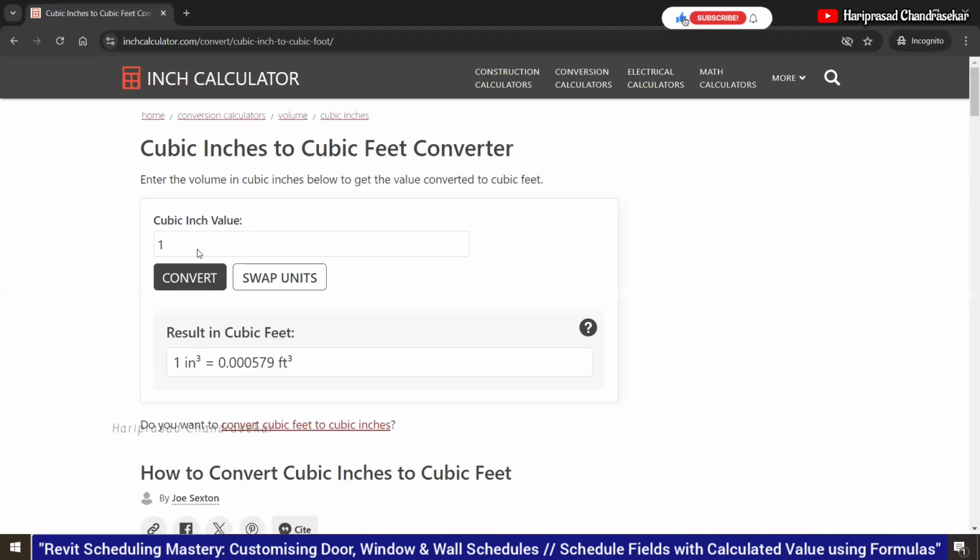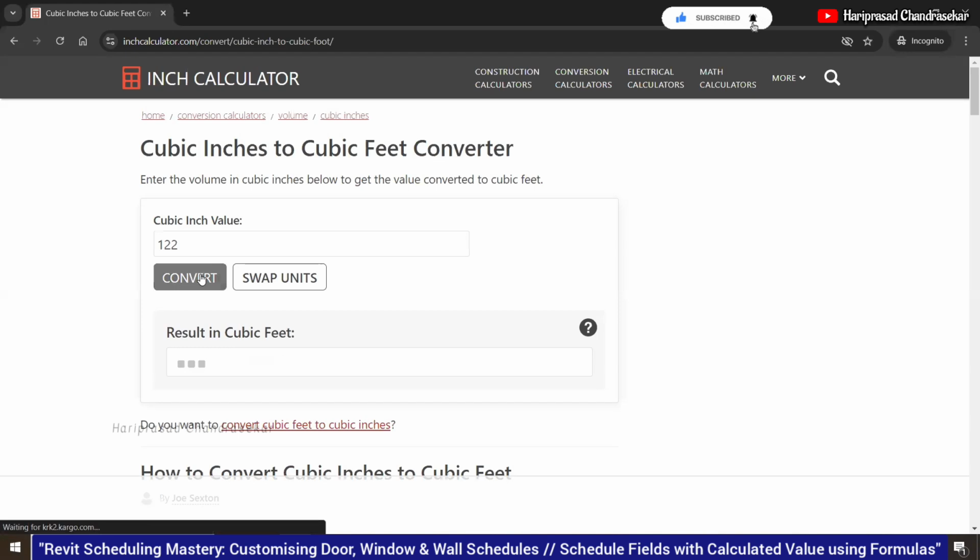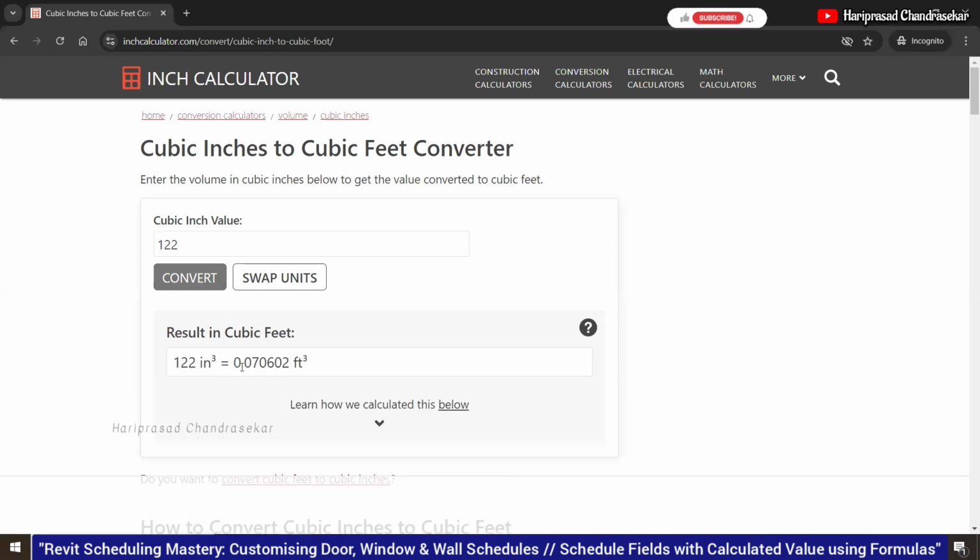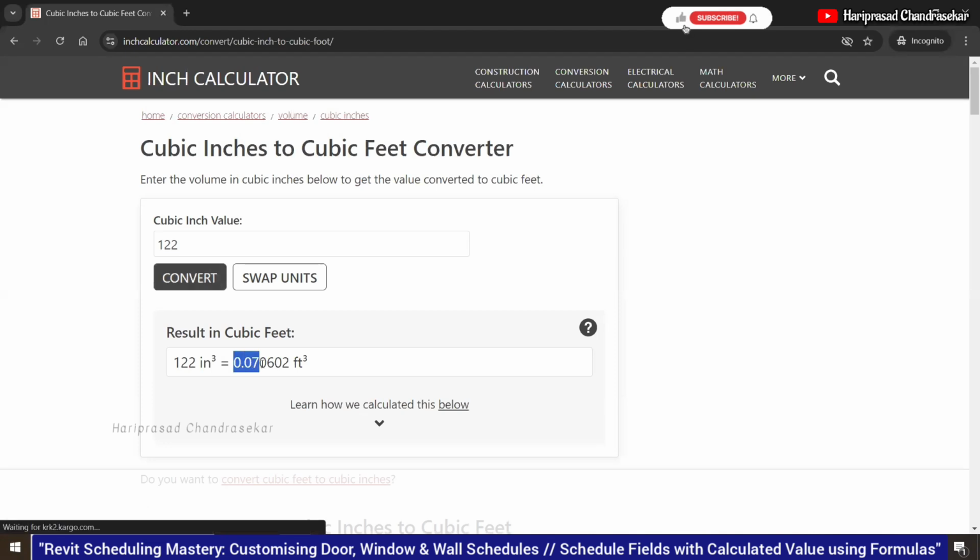Now how much do we got? 121.5, right? So I will consider 121 and convert. Then we can see the cubic feet. It is 0.07 something. I will consider 0.07.